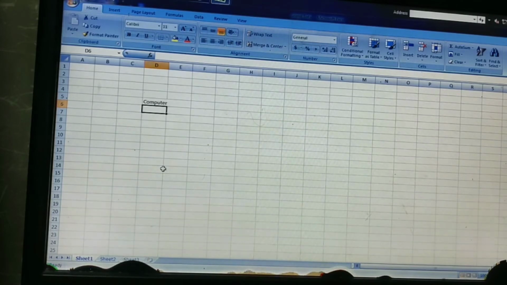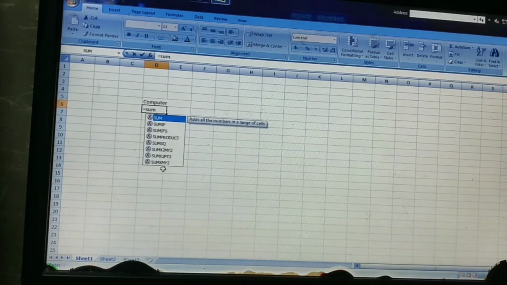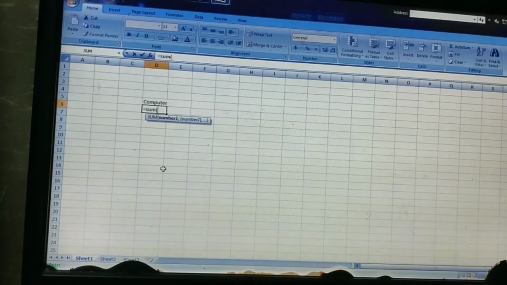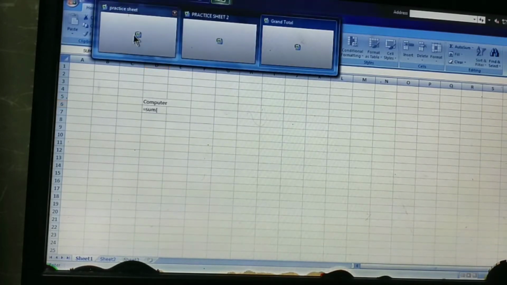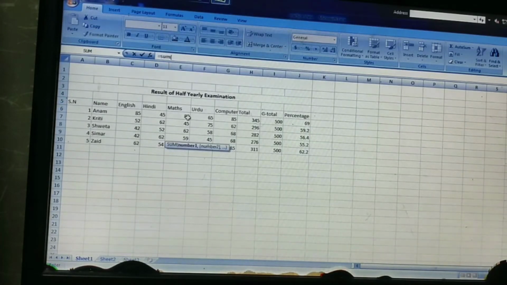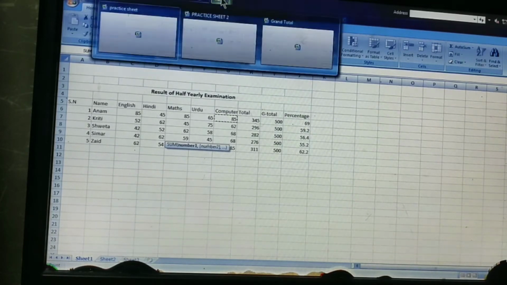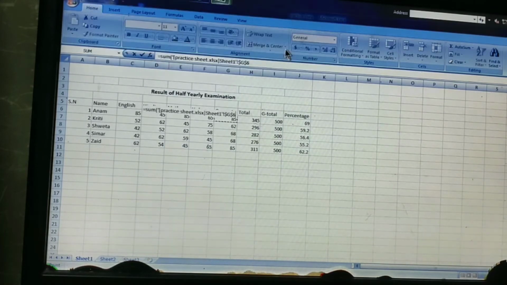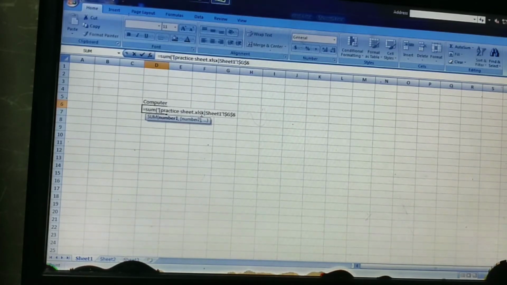So press the equal to sign, and since you want to calculate the total, you will use the function SUM and give the parenthesis start. After this go to the practice sheet where I have entered the marks of half yearly, and I am selecting the computer marks. After this you can see I'm going to the grand total sheet. You can see the address is there.